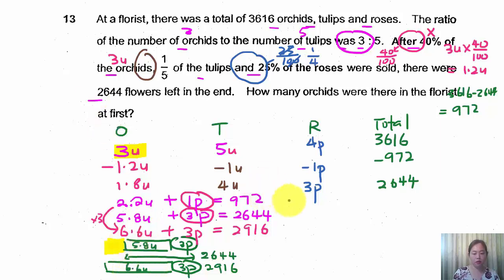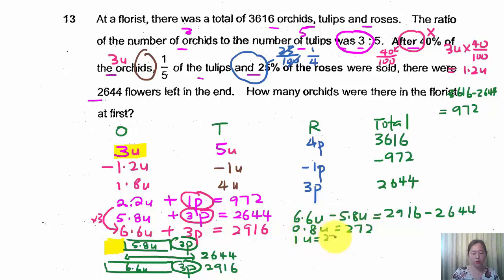So 6.6 units minus 5.8 units is actually equal to 2916 minus 2644. Therefore, 0.8 units is equal to 272, and 1 unit is equal to 272 divided by 0.8, which will be